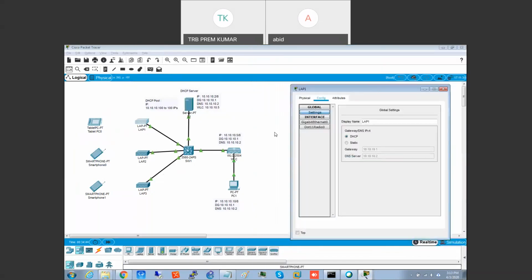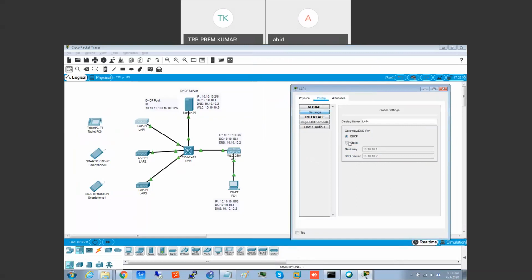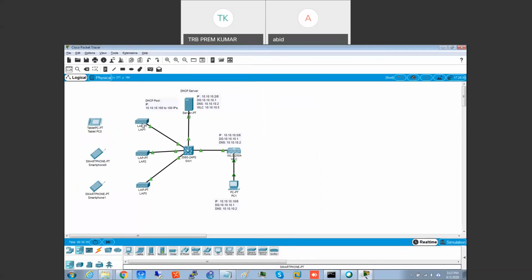Okay, we'll try again. It's again taking the same. See here it is showing 10.10.10.1 as a gateway. That is different.